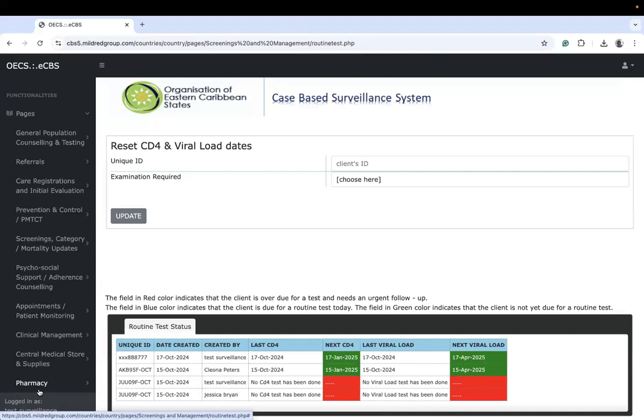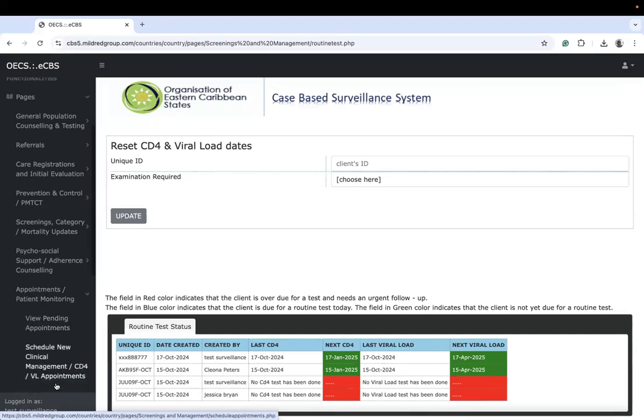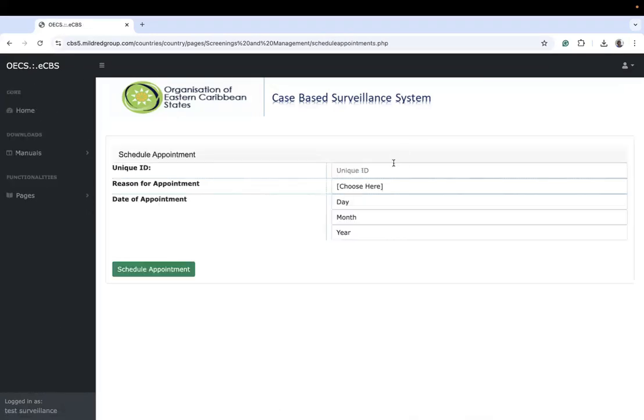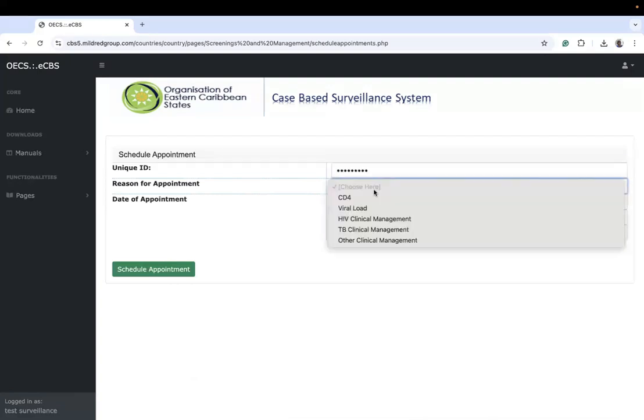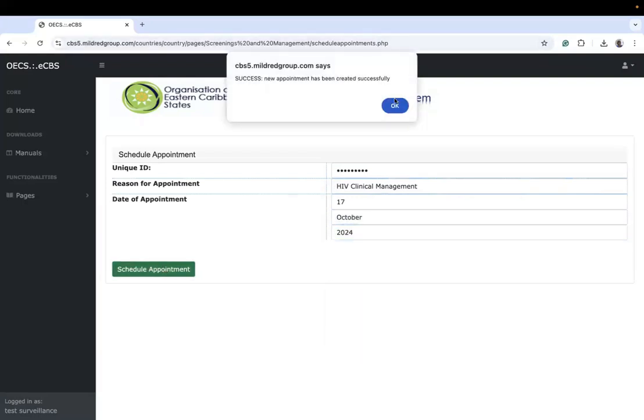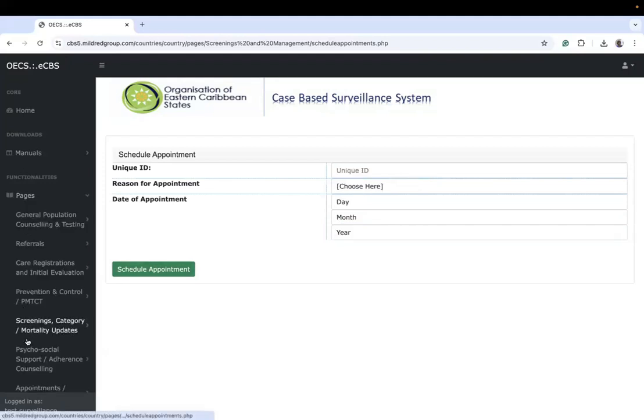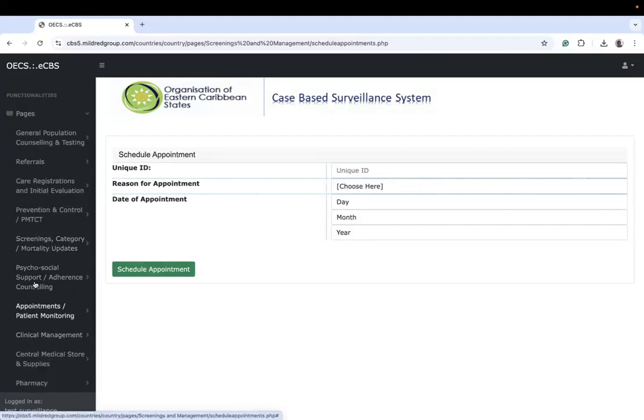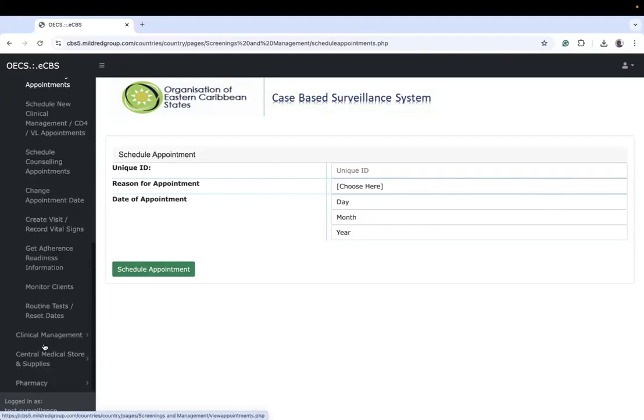Okay, so now we've done the psychosocial support and adherence counseling for Princess, and we want to have appointments for clinical management. And so we'll put in the unique ID, and the reason for appointment is HIV clinical management, and we want the appointment to be today. Now Princess is in the clinic. We want to record the vital signs, so we create visit,